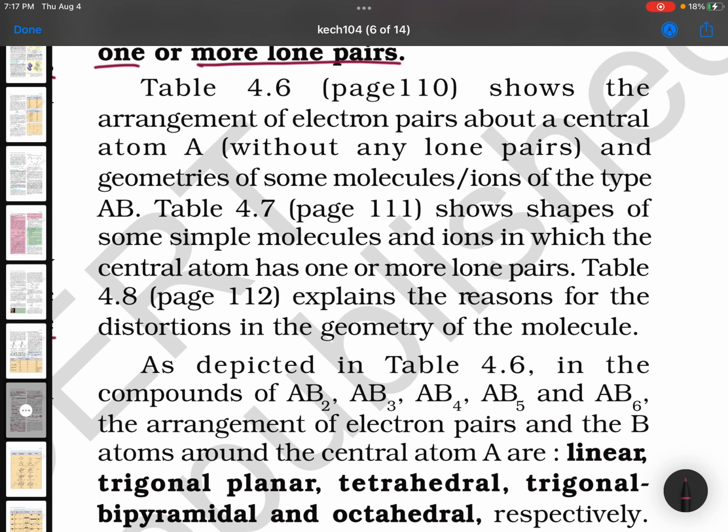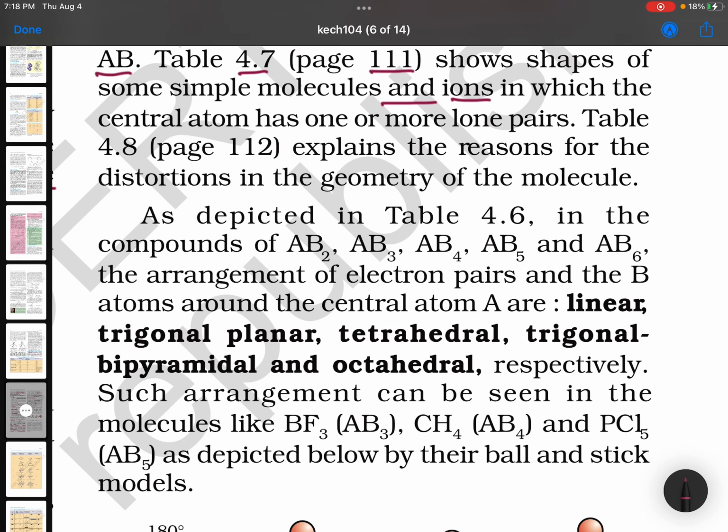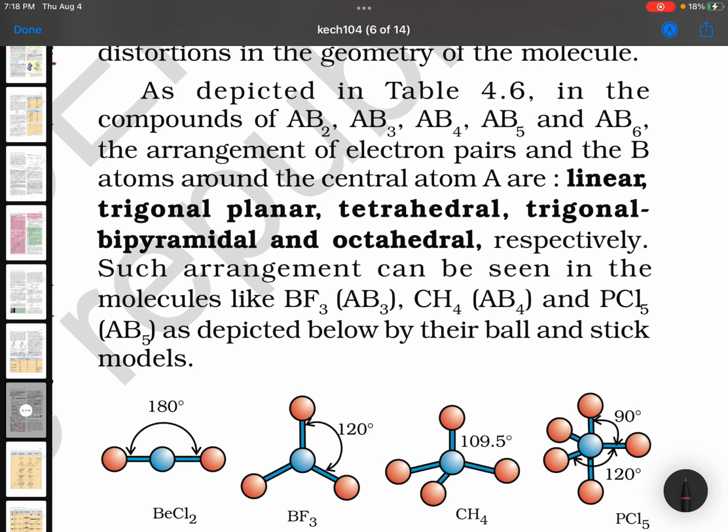Table 4.6, page 110 shows the arrangement of electron pairs about a central atom A without any lone pairs and geometries of some molecules and ions of the type AB. Table 4.7, page 111 shows shapes of some simple molecules and ions in which the central atom has one or more lone pairs. We'll discuss in detail now. Table 4.8, page 112 explains the reasons for the distortions in the geometry of the molecule. As depicted,